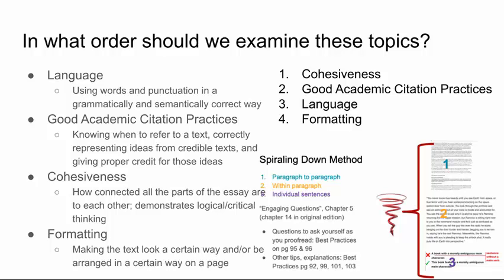I put formatting last because that's one of the last things to think about. That means when everything is set, when you put down your ideas, you put down the content, you make sure all the ideas go together. You make sure that you're using good academic citation practices. You corrected the grammar and spelling and all that. Then, once all that's done, go ahead, do your formatting. It doesn't mean you have to do this along the way. This is what I'm suggesting, and you can find what works for you. If you want to put formatting first, totally good. This is how we're doing it.